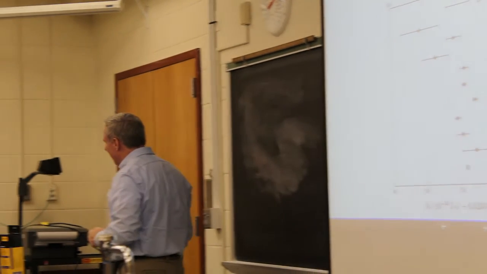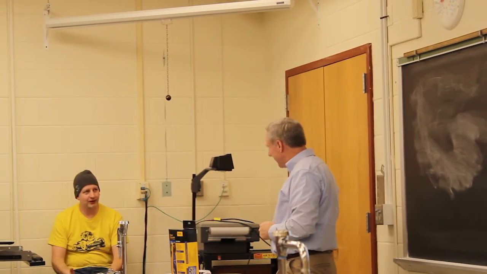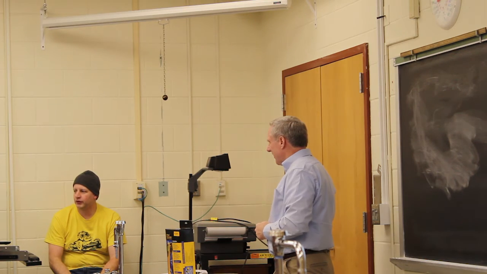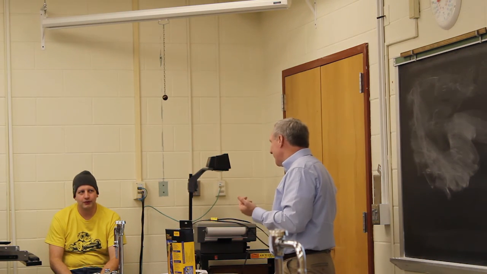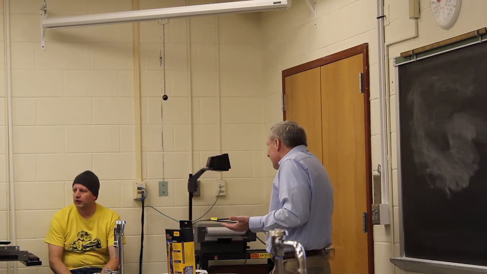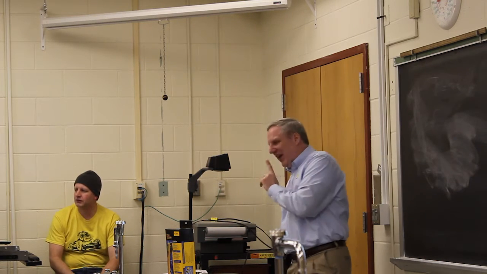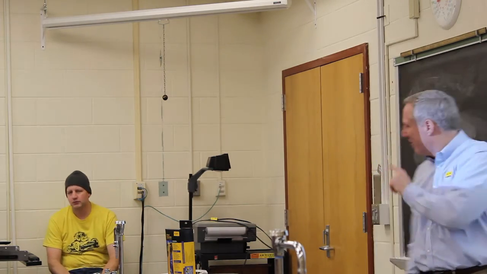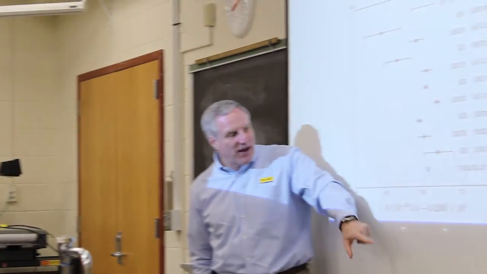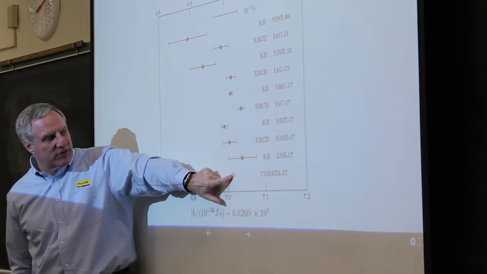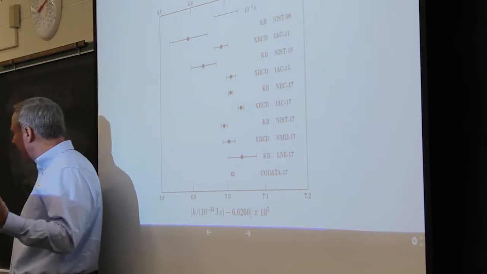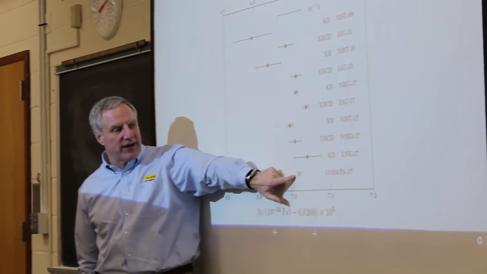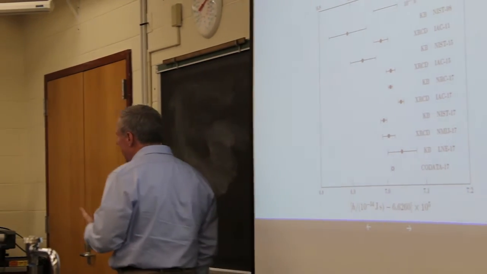Yes. Question. So you're getting better and better uncertainty, right? Yes. But in the sense of the measurements, it looks like they're also different within the uncertainty. Yes, they're independent experiments, which is good science. You're exactly right. I'll just finish this, but I'll get to that answer because that's exactly the problem we had to get down to. And by the way, the least sum of squares that CODATA uses for the internationally accepted value for Planck is based upon these experiments right now. But you're right, we need